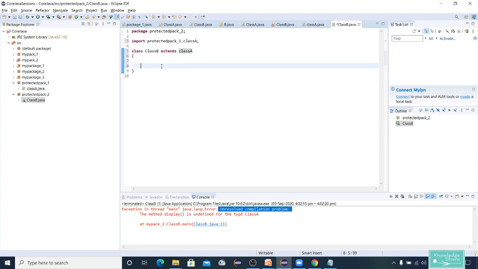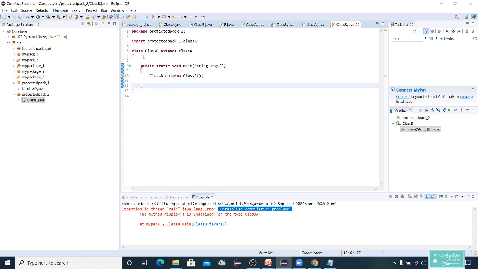Now let me create a main method here as usual, public static void main. Now let me create an object for class B. Class B obj is equal to new class B. Now we don't have a method in class B. Do you have any method?